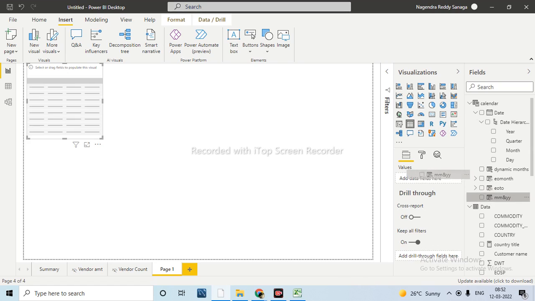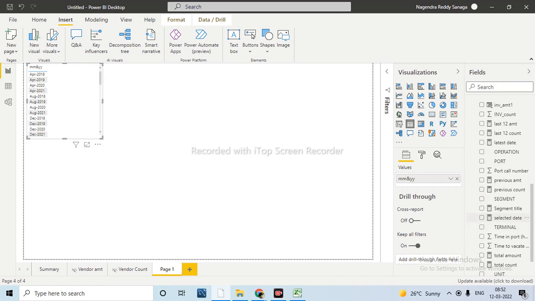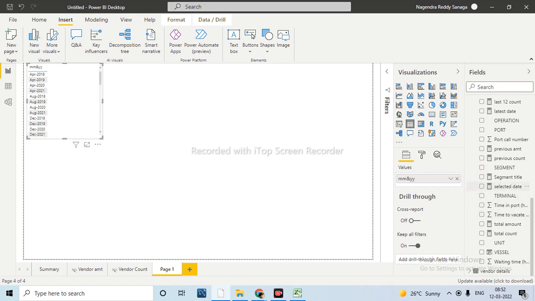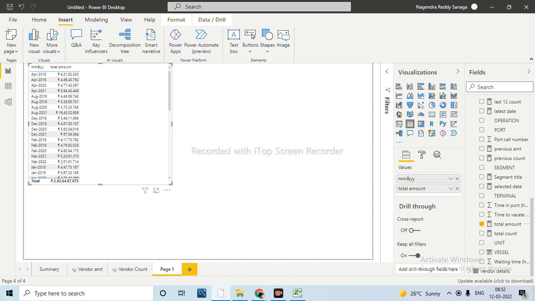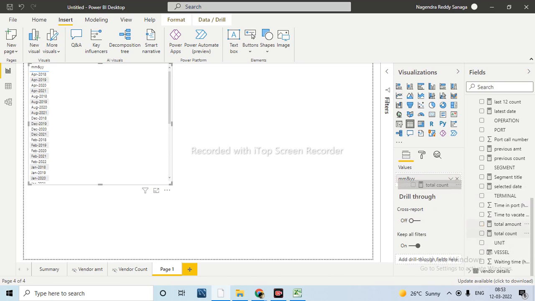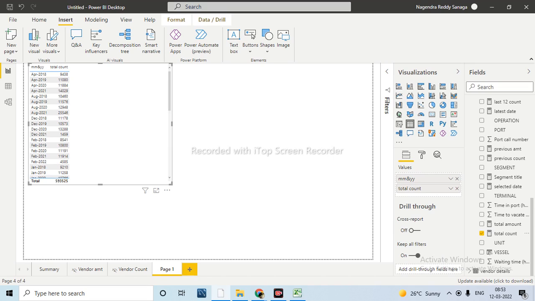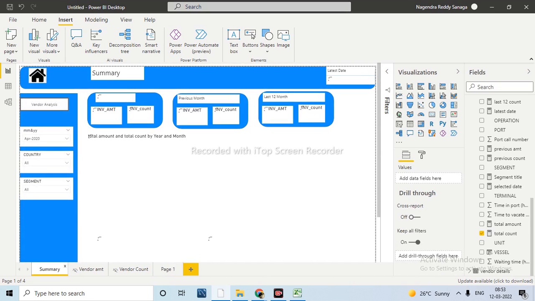Month and year. Just to see the numbers, what we have, total amount. Okay, instead of total amount, we'll take the total count. That is better. You can do it for percentages or anything. Just I am taking the number. Here, less than 10,000 will be red, more than 10,000 will be green, based on the number selection. Month selection works automatically. Just I am taking only the single card.